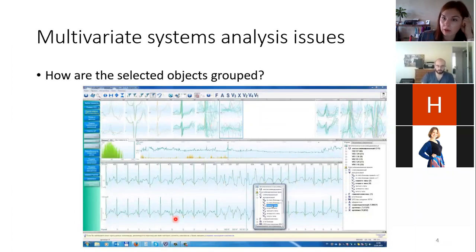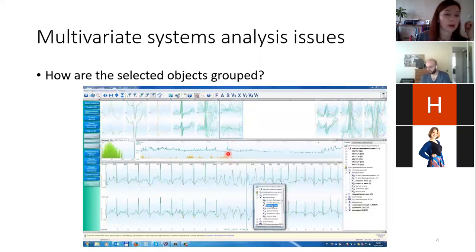Here we have about half a million complexes. It's normal, and of course it's impossible to go through all of them. So we just combine them in clusters and show the doctor, and the doctor clicks on this cluster and runs through these